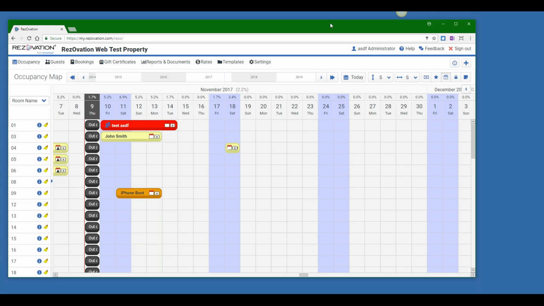I just want to go over the differences that you'll encounter between the new version of Reservation Web and the old version of Reservation Web that was reliant on Silverlight. The big difference now is that everything in Reservation Web is rendered in HTML5. Without going into way too much detail, that means you don't need to use that Silverlight plugin ever again. Any modern browser, like Firefox, Chrome, Safari, even Edge, will be able to log into Reservation